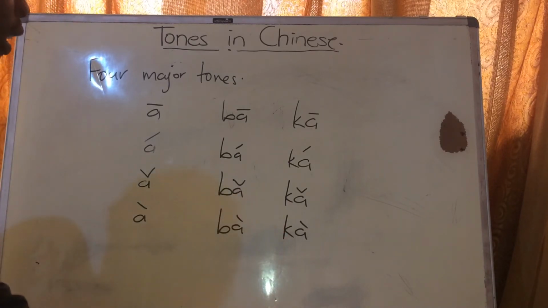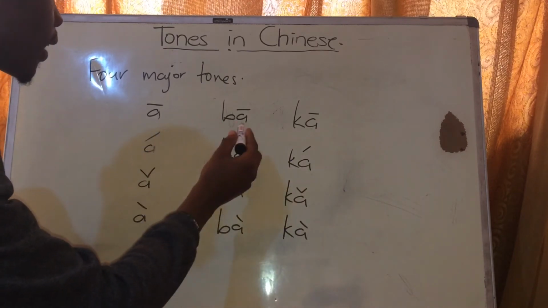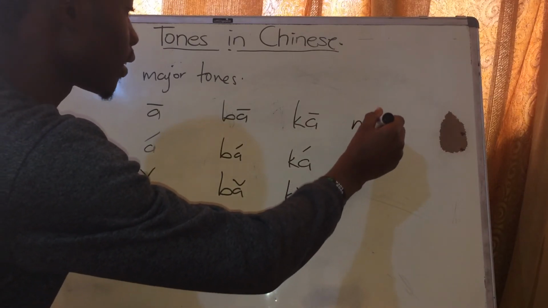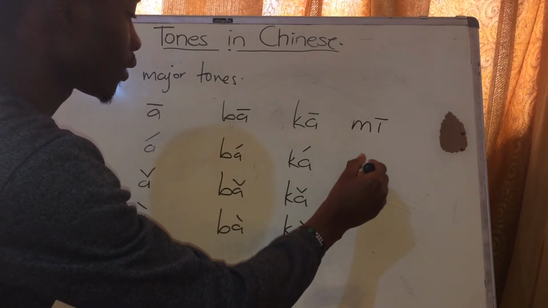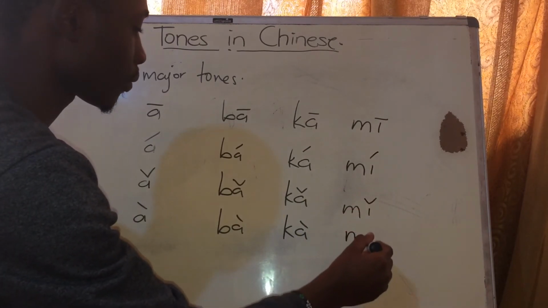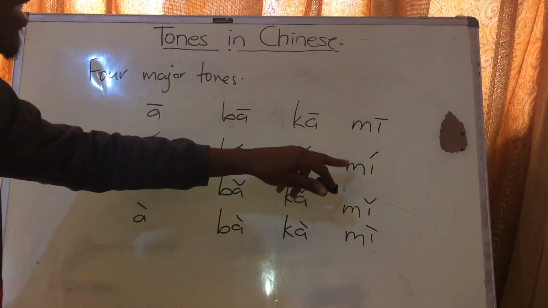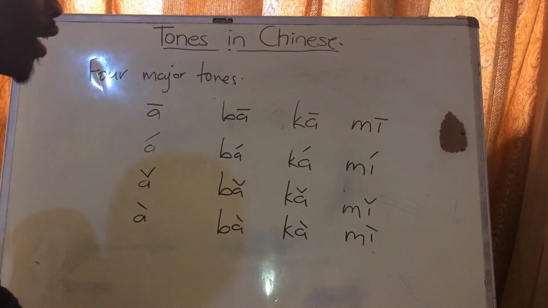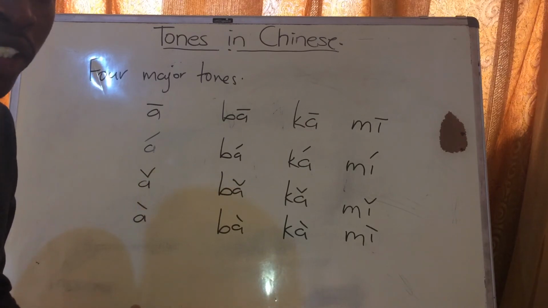All right. We can try and add another final to this. Let's try and say use I. So this is read as mi, mi. Okay? So these are so important in Chinese that if you pronounce a word without